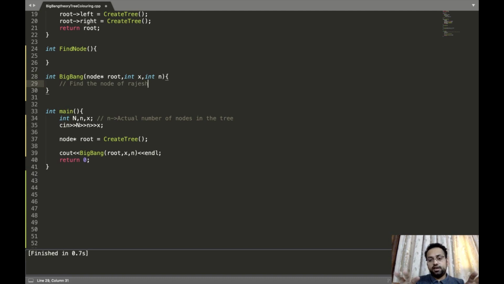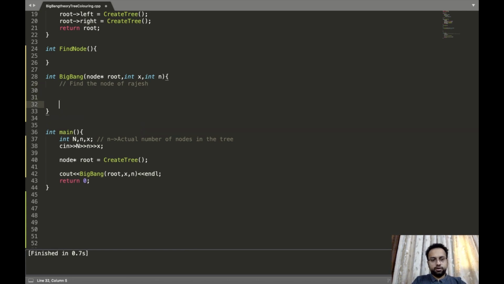So that we can see which is the left subtree of this node, which is the right subtree. For that we need to find the node, right? So how can we find the node? So we need to write that function. When we are trying to find the node, the return type should be node star, because we will return the address of that particular node, which is the node that we are going to find.